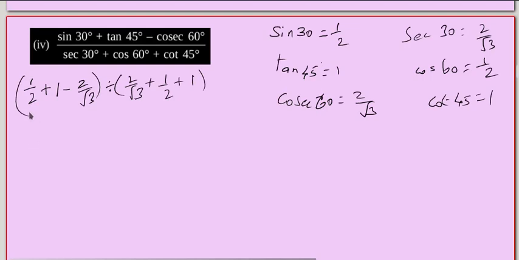So now let me simplify. Here what we have, the denominator 2 and the root 3 only, no? So 2 root 3 is the common denominator for this bracket. Okay, so here we have 2, root 3 we need here, so that should be multiplied with the numerator also, root 3 plus this 1 doesn't have any denominator, so it should be multiplied on both sides. So here also we should multiply 2 root 3 minus, here we have root 3. Okay, with our common denominator root 3 we have, 2 is not there, so 2 should be multiplied on both the sides.